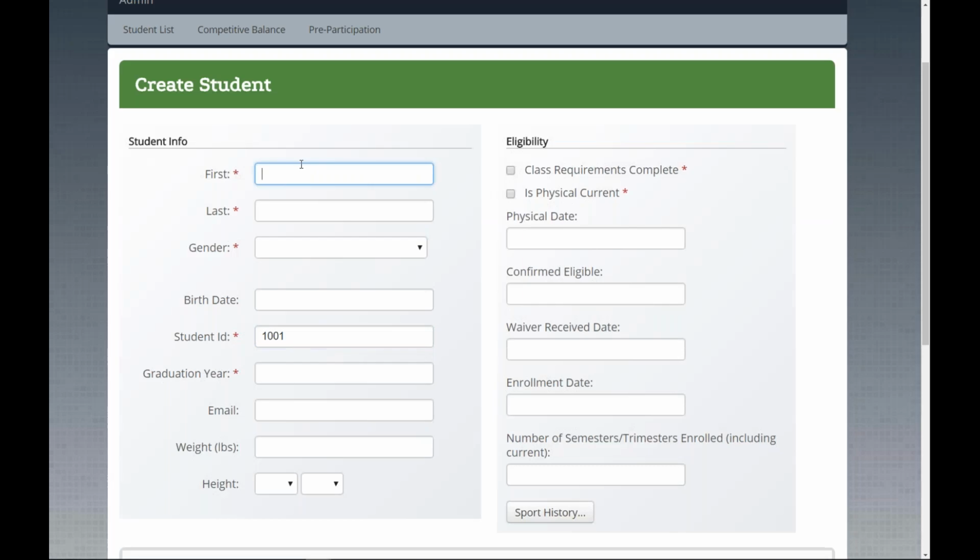So on the student page, we do have a couple of items that are required. First name, last name, and gender. We use the gender to help set what teams that they could be qualified for. So it is important to include that information. So we'll use one of my coworkers as an example here. We'll just put in his information here,